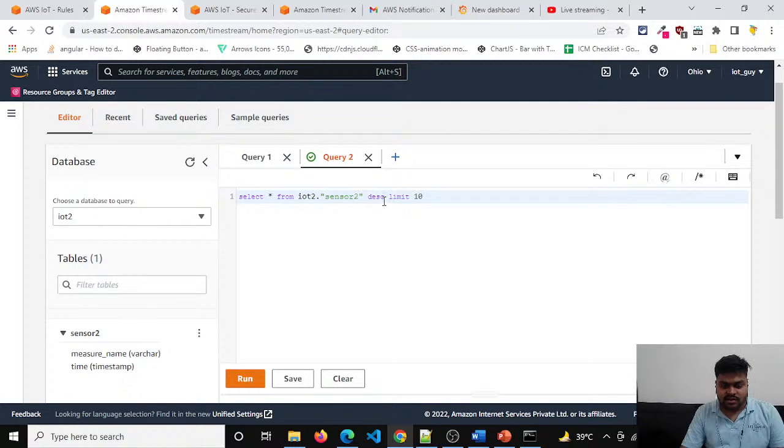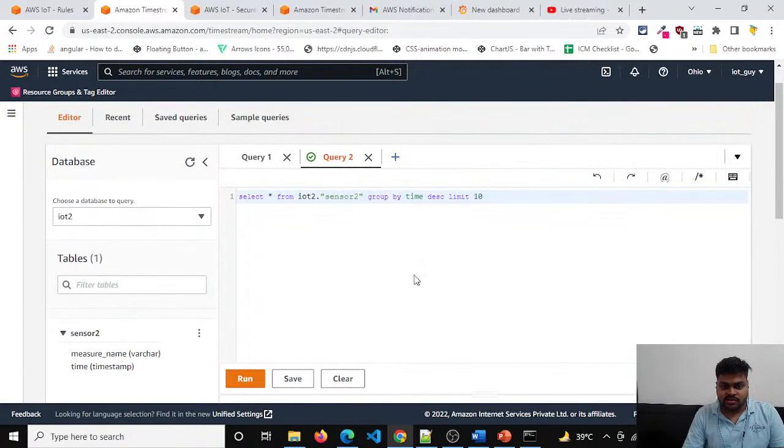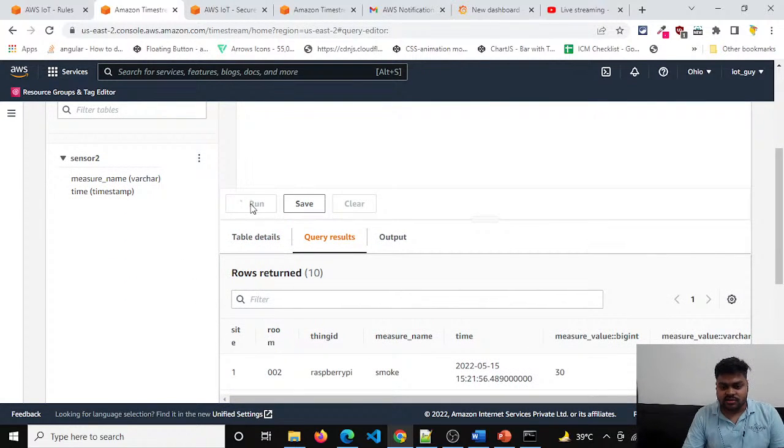Okay, this is the DESC time, so I need to order by time. Time is the column. Okay, this is the column. Order by, not group by, order by time in decrement order with limit of 10. So last 10 records